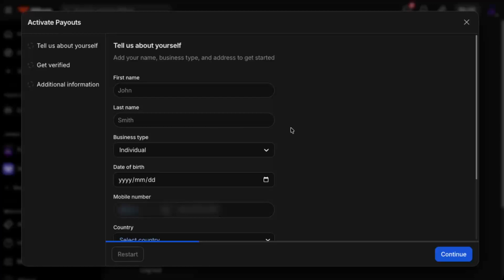After entering your details, you'll be asked to verify your information. This could involve confirming your email, uploading identification, or completing any additional checks that Whop requires. Follow the on-screen instructions carefully until the system confirms that your information is verified. Once everything is set up and verified, you'll be able to return to the balance page, click Withdraw, choose